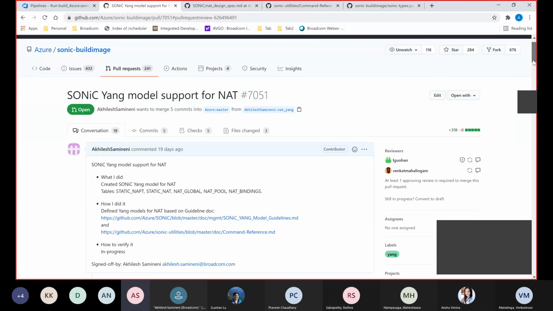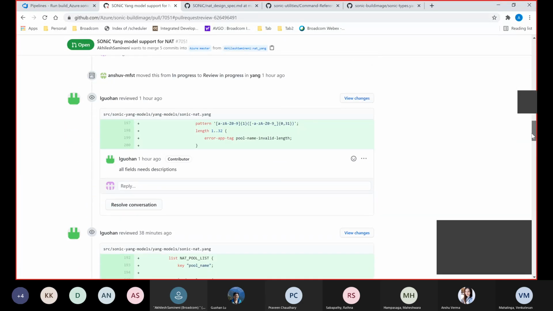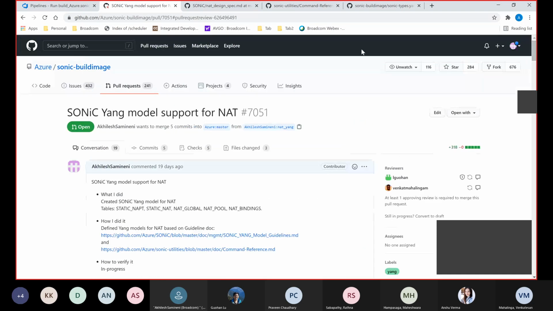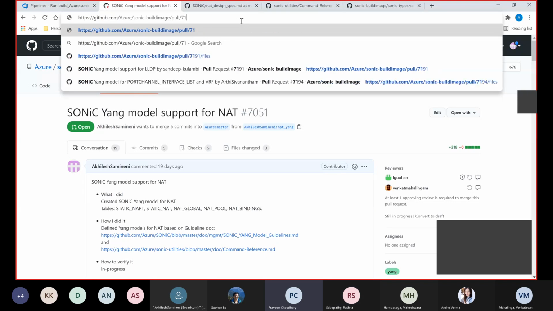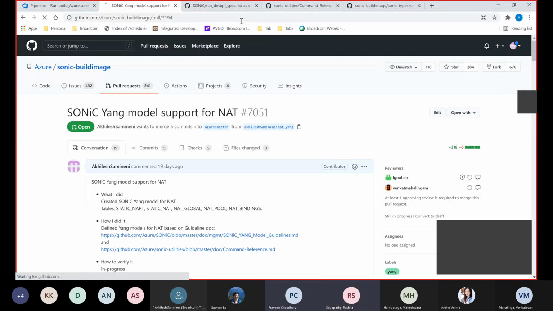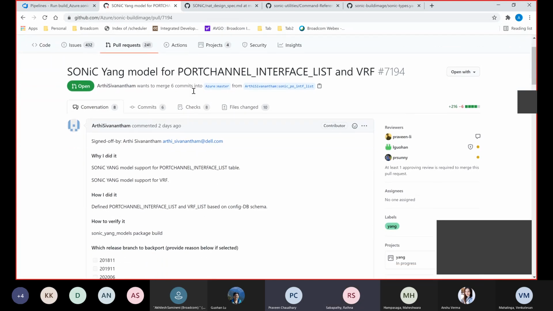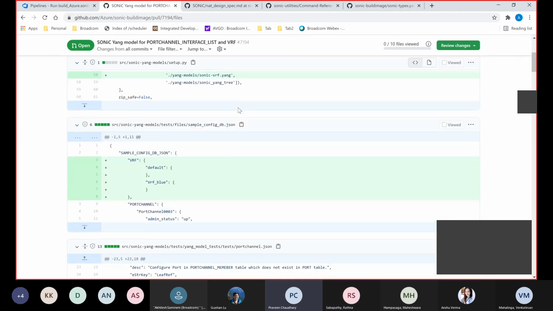Do you guys have a constraint on the tab for those Yang model files? Like, do not use tab, only use spaces? Ideally, most of our files are using spaces. But I see one or two files, like port channel, which use tabs. So we should use spaces instead of tabs in each file.